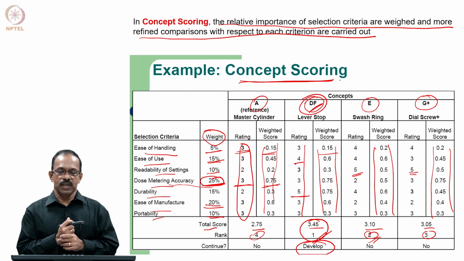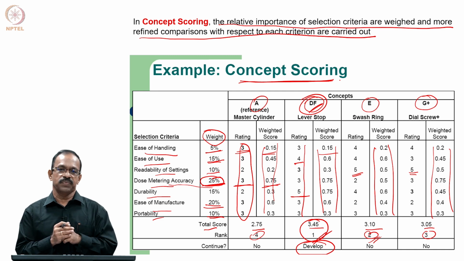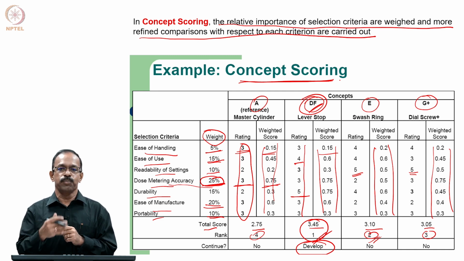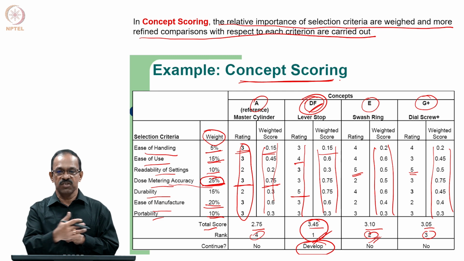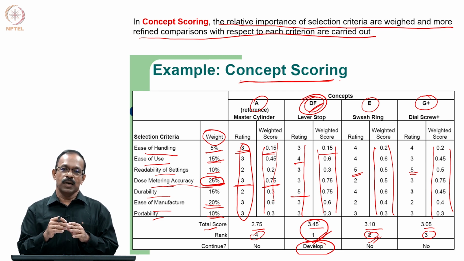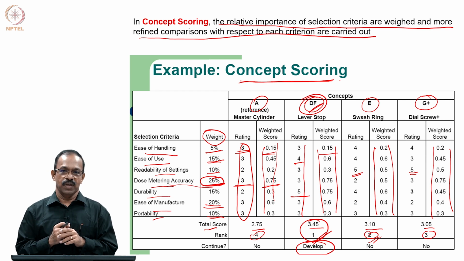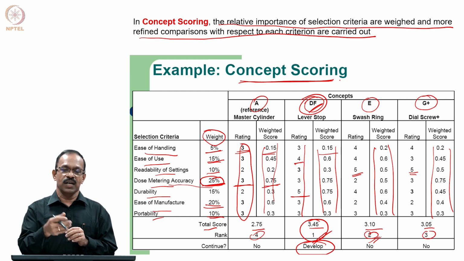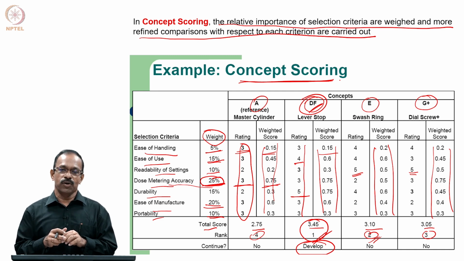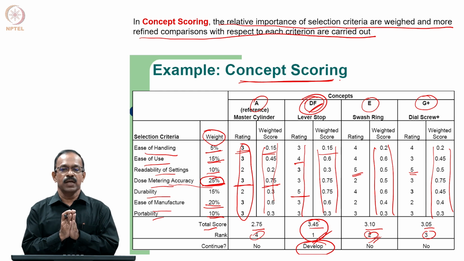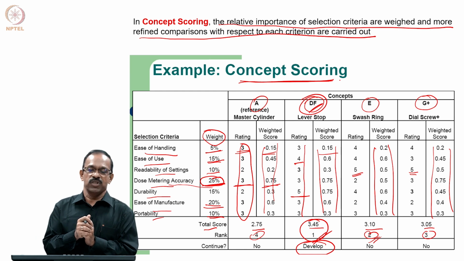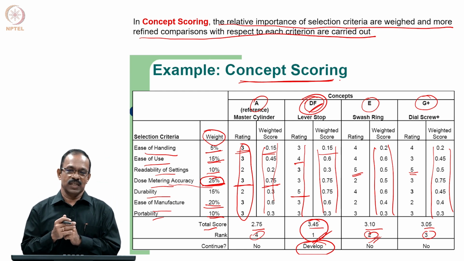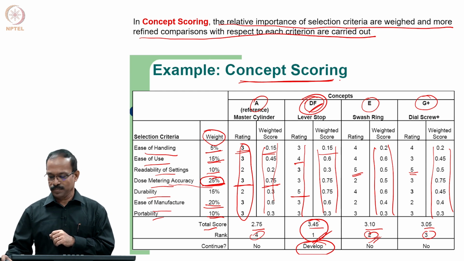Again, one important point here is that concept selection is not merely to choose from the existing concepts. The concept selection process should be used to improve the concept also. That is one important point to be understood, because by analyzing the concept against the criteria, you are able to understand the good features and bad features of a concept, and that helps you to address the negative features and improve the concept, or you will be able to identify complementary concepts which can be used to improve the concept. So, the objective of any concept selection process should be to improve the concept rather than simply to choose the best concept. Okay.